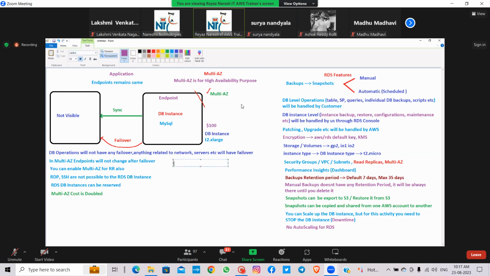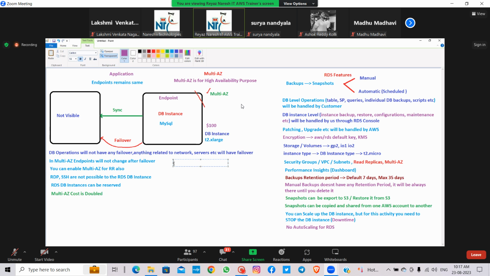Since someone talked about auto scaling, let me talk about this. We have heard about auto scaling at the EC2 instance level, where the number of EC2 instances automatically increases and decreases. But have you heard about storage auto scaling?